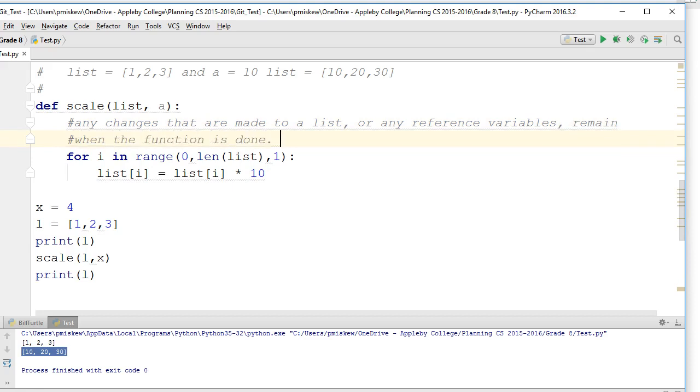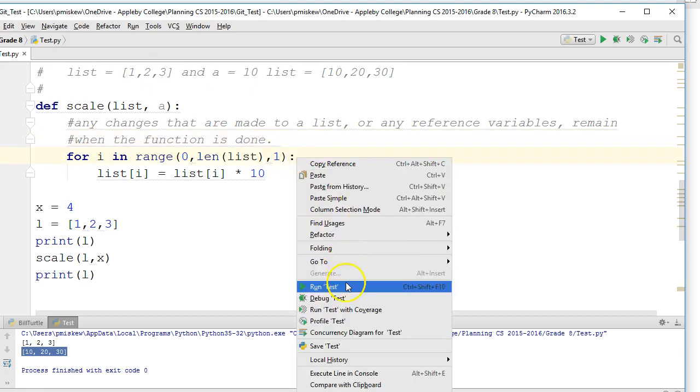And that is a super important idea. It's a little thing right now, but when you get into the grade 12 computer science course and you start dealing with objects and classes and all these types of things, this reference variable concept is really powerful. And just to make sure we're right,